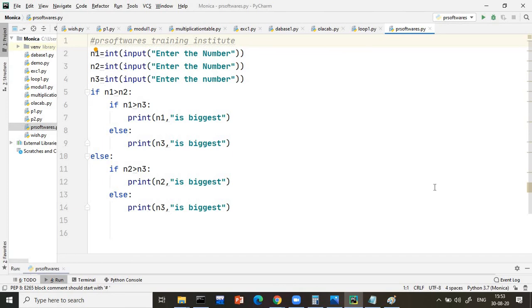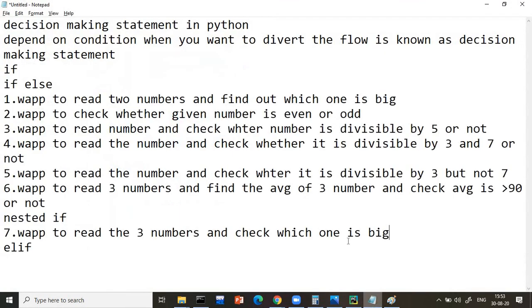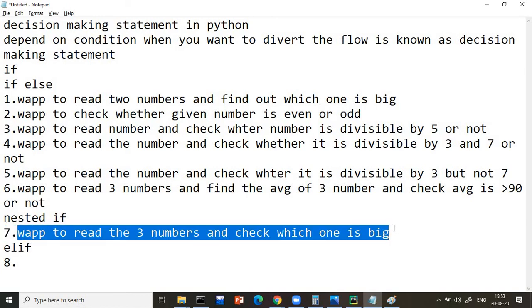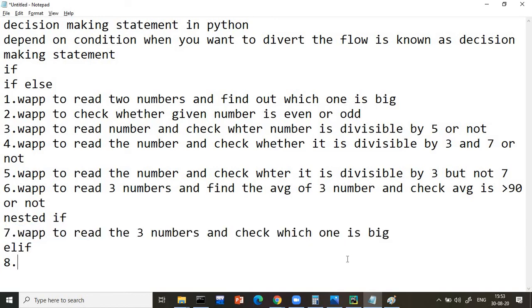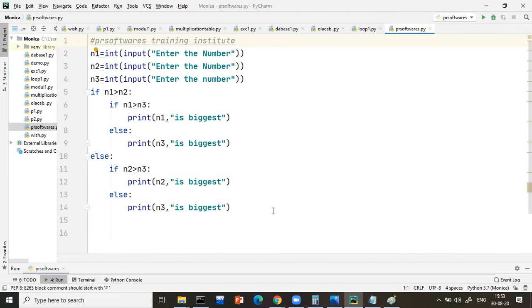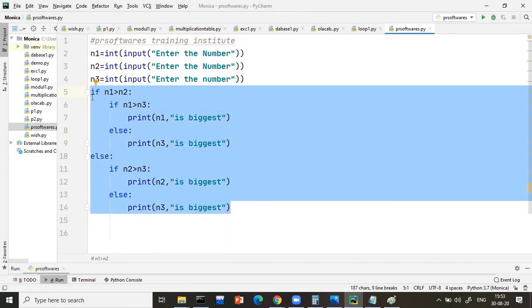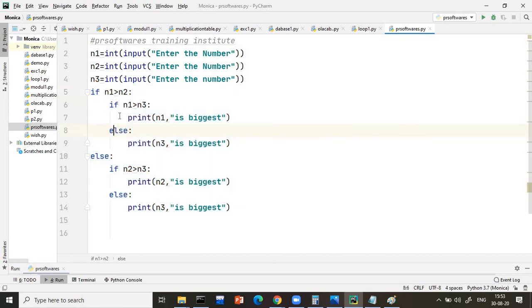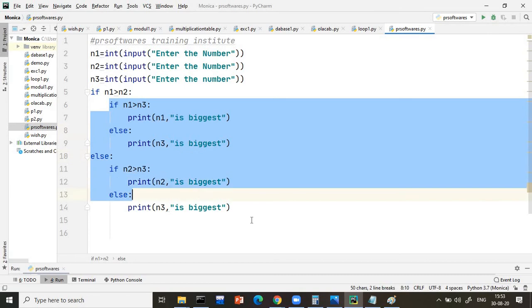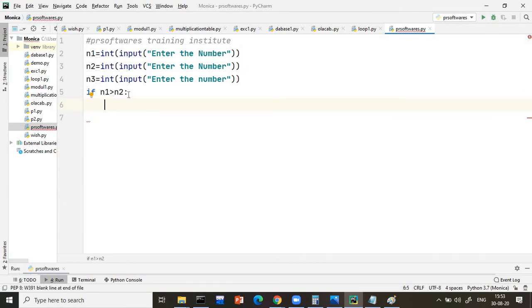Okay. Next will be this same program. Here actually a little lengthy concept is there. Program number 8: the same program I want to do with the elif concept. I want to shorten the code, because if I am having 4 numbers or 5 numbers, this condition will become more complicated. So how to solve it in an easy manner? With this very simple concept, I will not write all this stuff. I will write two conditions here.